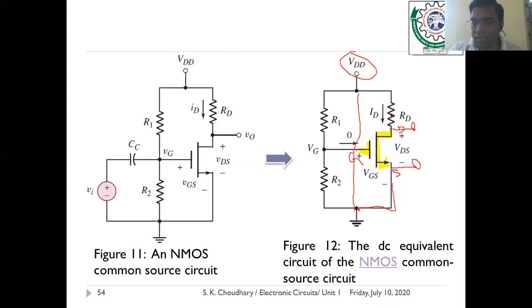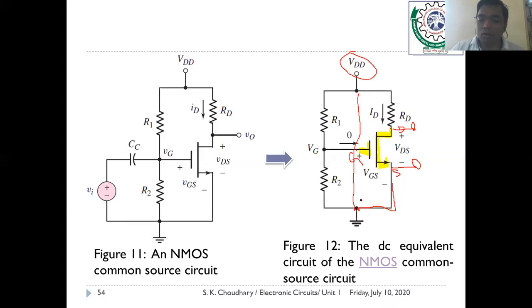In between the supply and drain terminal, you have to connect a resistor RD. In between the source and ground terminal, it should be connected directly through a wire, without connecting a resistor. It doesn't matter if it is not connected. The source terminal should always be connected to the ground. As per the configuration, we know that this is common source.